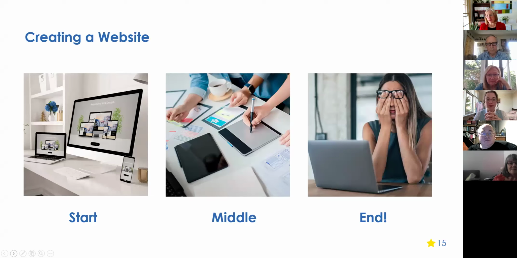At the start of a website project, this is what I think most people imagine: a beautiful website on a desktop computer, a laptop and a mobile phone, and it looks sensational and it's got all the bells and whistles of everything you ever imagined. Somewhere in the middle, you realize, oh my goodness, this is a whole lot more work than I ever thought possible.